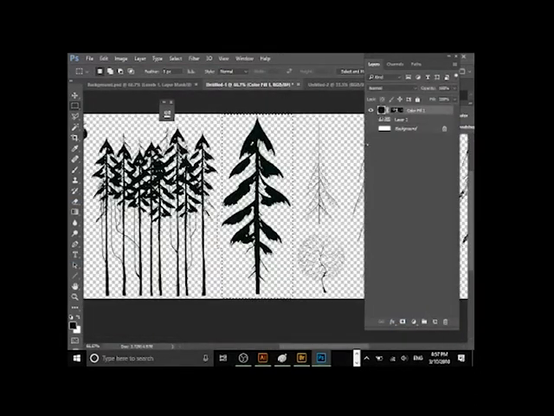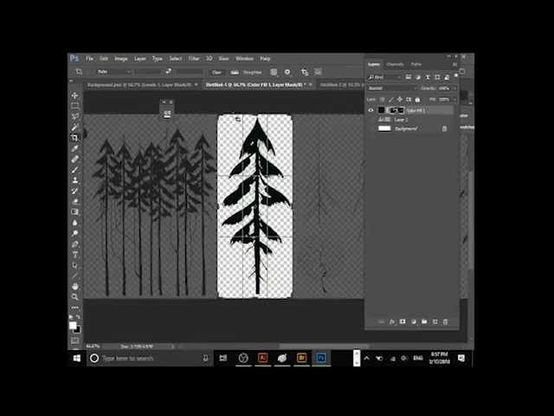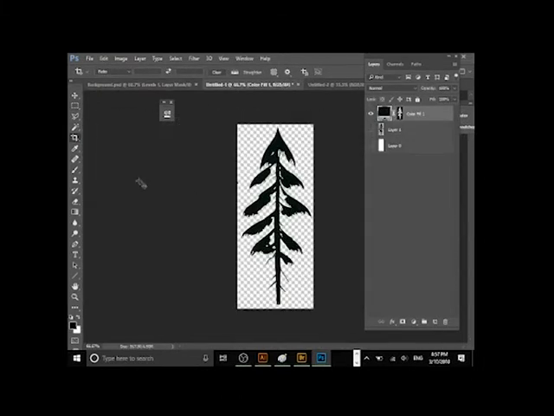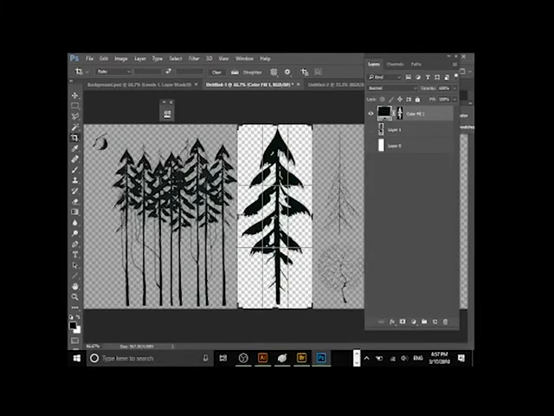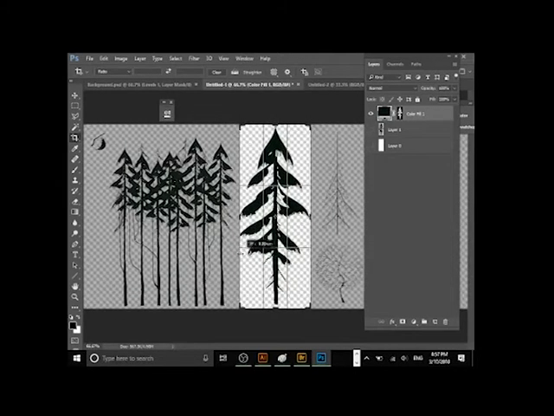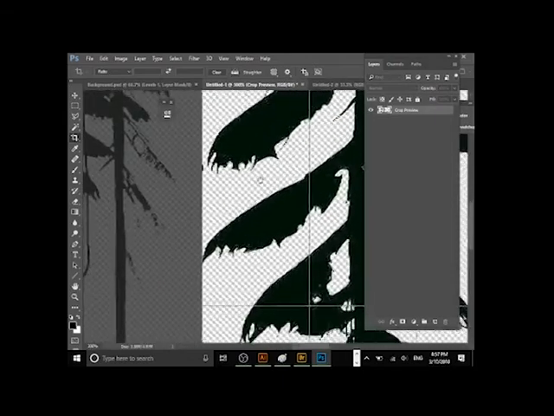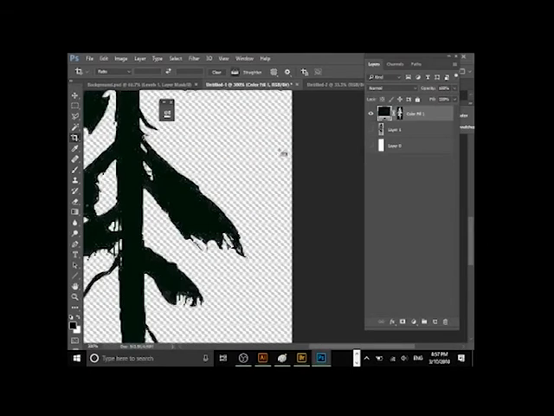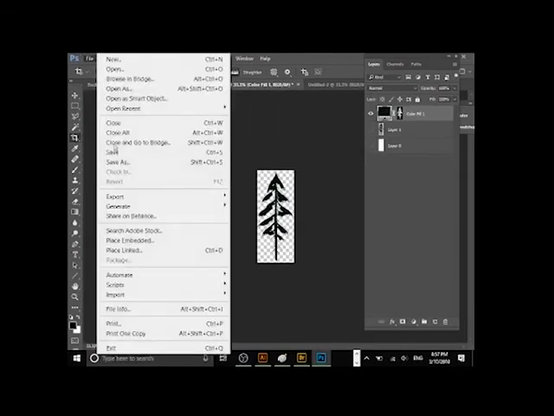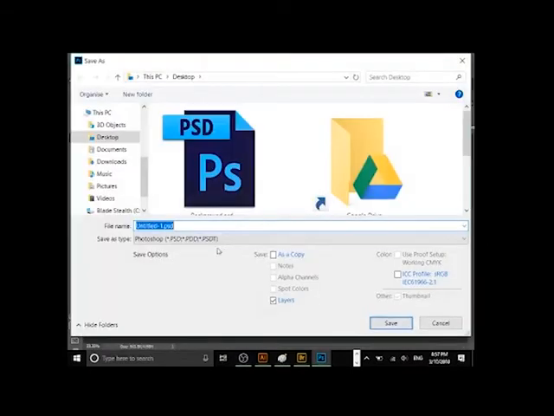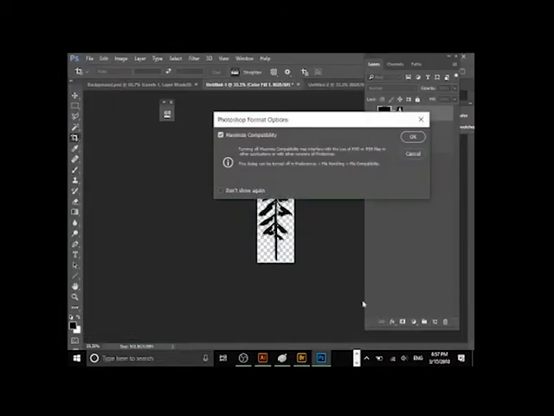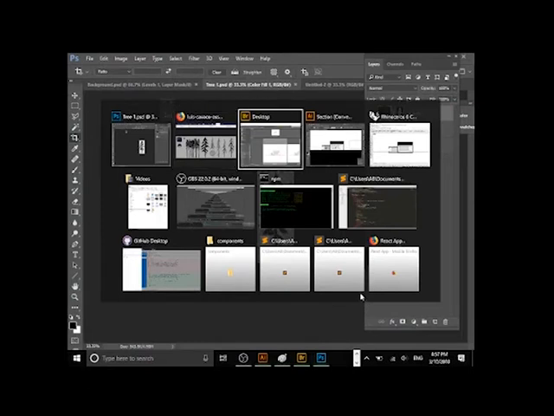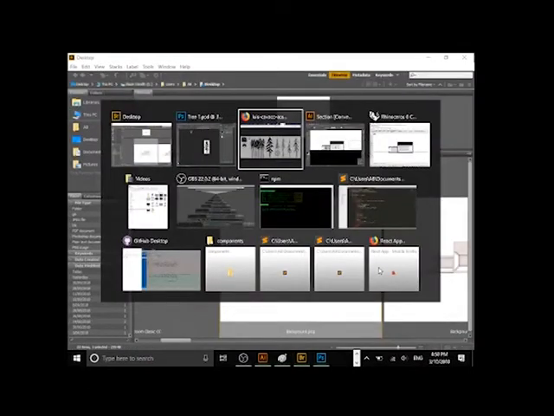Let's just crop it. Cropping it. Come on, locking. Cool. Saving it. Let's save it as a PSD, tree1.psd. And then that gives us the ability to